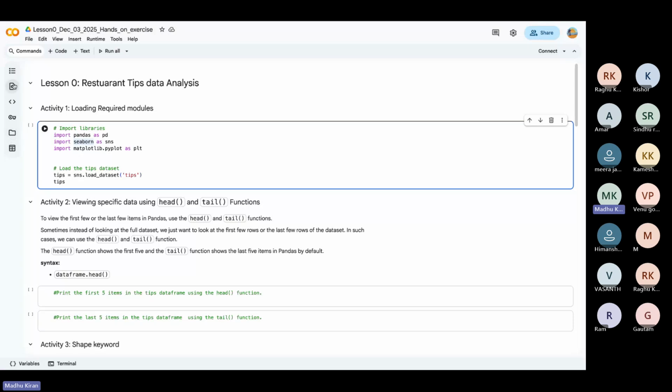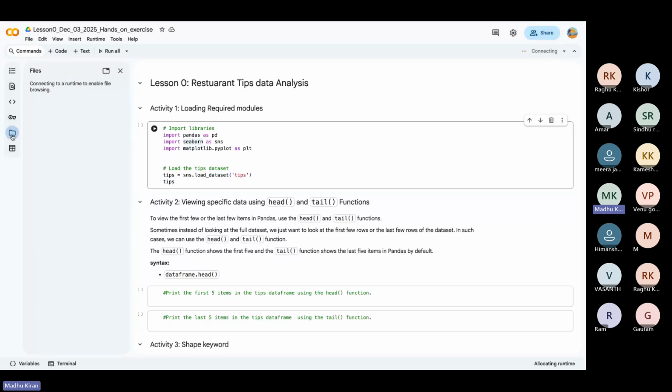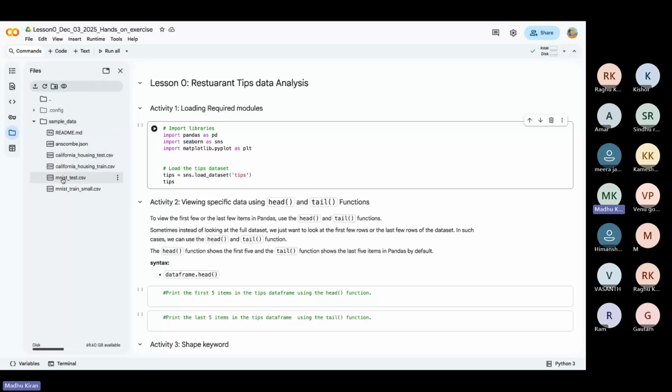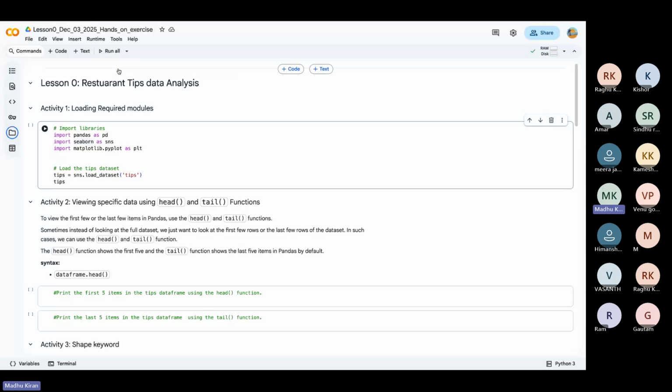Even in Google Colab, if I click on this file option here, there are a few inbuilt sample data sets for practice, like California housing data. But when we are working in a classroom, we usually get data sets from Google Dataset Search or Kaggle.